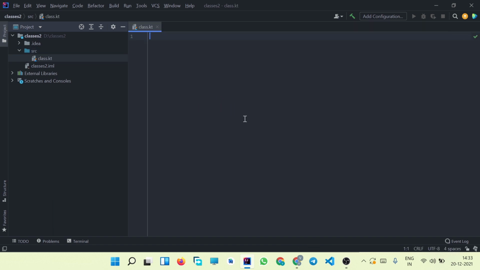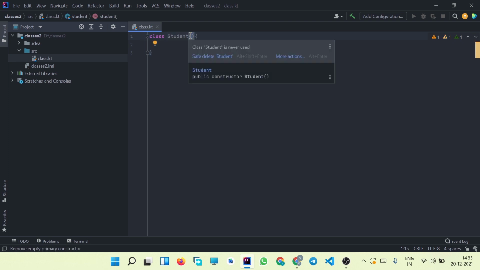To declare a class in Kotlin, the syntax is first write the class keyword, then the name of the class, let's say the Student class. So this is the syntax of declaring a class in Kotlin. Now, since we use a primary constructor in the header of a class itself, we'll first study about constructors or primary constructors.